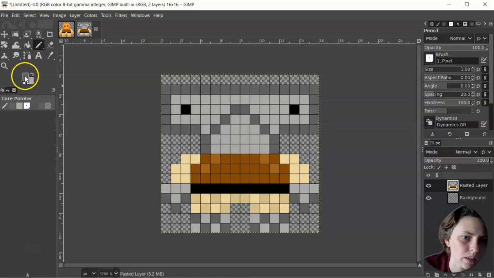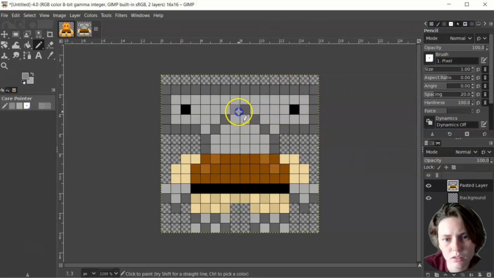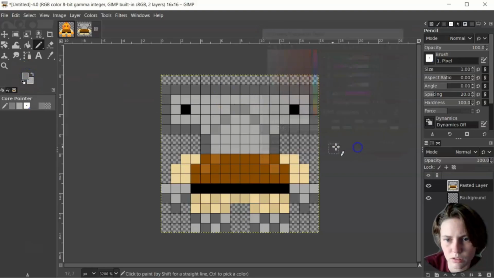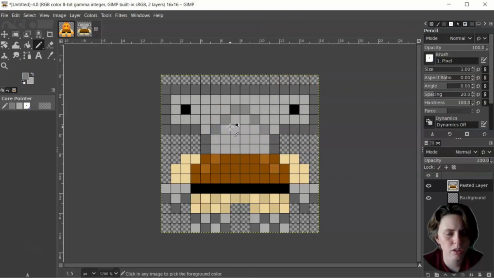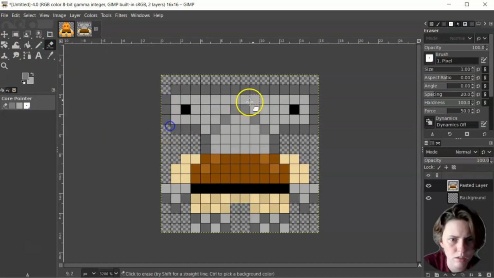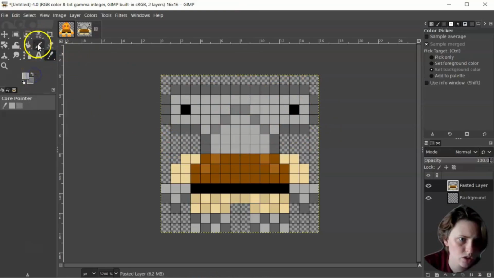Maybe we'll make it slightly different. We'll make it not as dark. Just kind of dorking around with the colors. Maybe a little bit darker, but not too much. Boom. Control Z to undo it. Okay. So this is kind of what we're looking at right now. I think I do want to change his other things. So I'll use the eraser, maybe add a little bit more of an interesting edge. And maybe we'll just also change